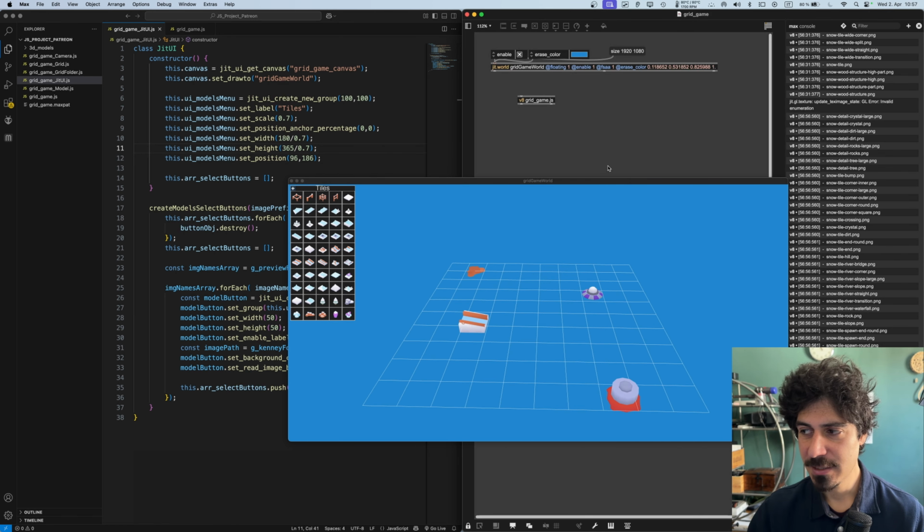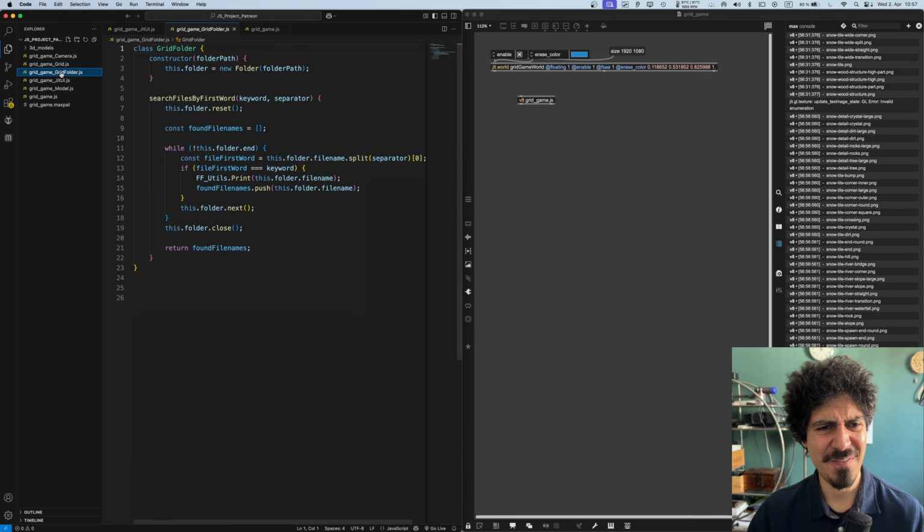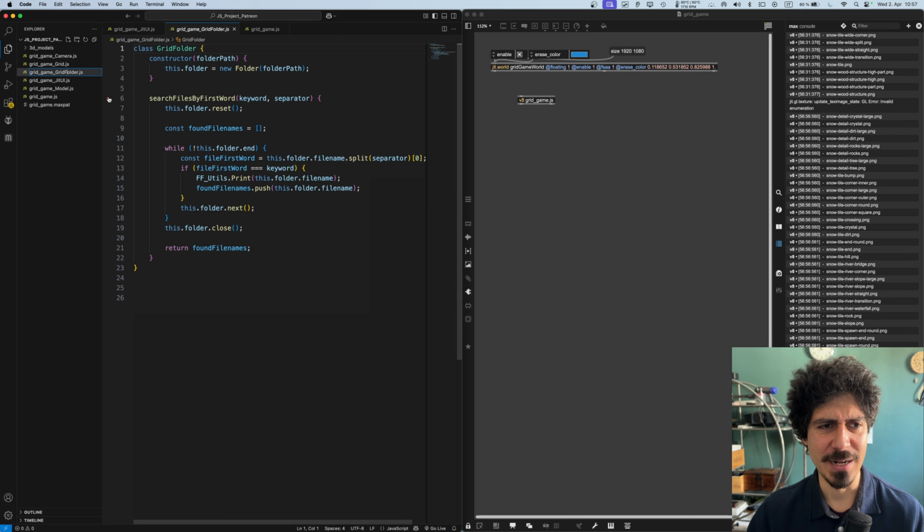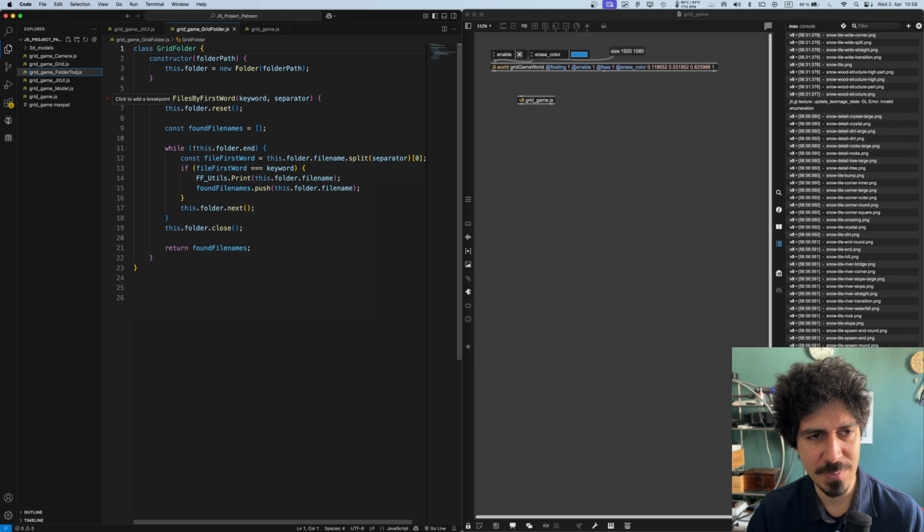Okay, great. So now another improvement we want to do is to rename this grid folder file. I don't know why I called it grid folder. It's nothing to do with the grid. This should actually be our improved folder or something like that. This is our folder tool. Let's maybe just call it folder tool. So here I want to call it folder